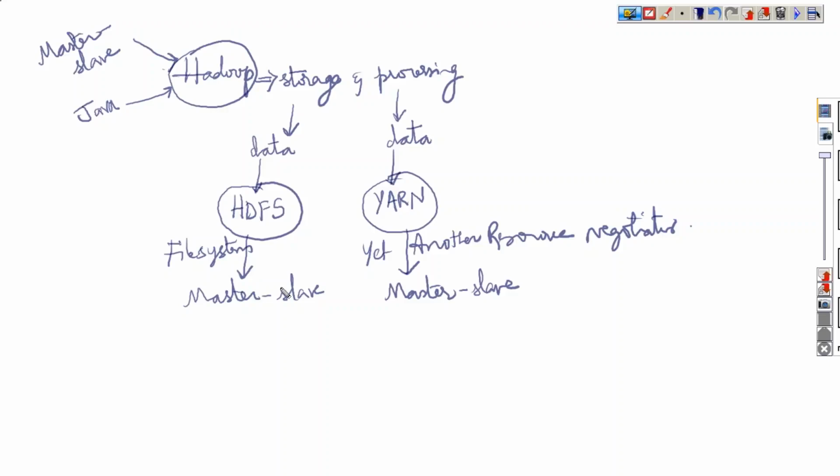Where it is going to run, how we have to install Hadoop, on what operating system Hadoop is going to work. First we need to have a basic understanding of that, then we can explore more. Is this part clear, whatever I have written here? Storage, processing, fine. Let's see this now.